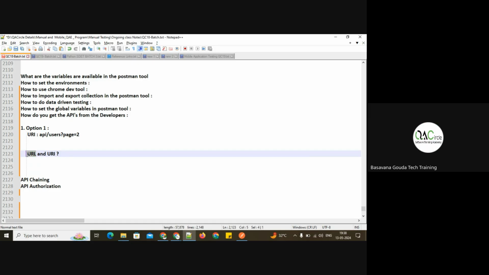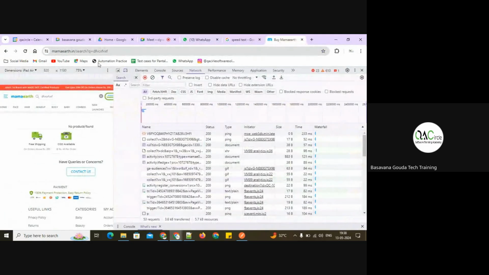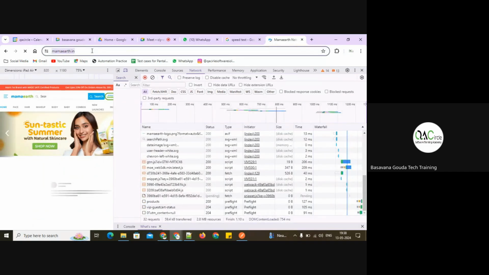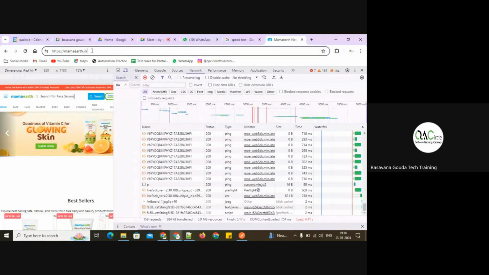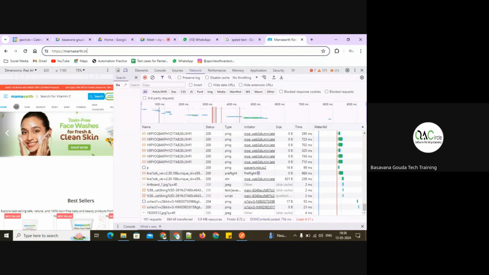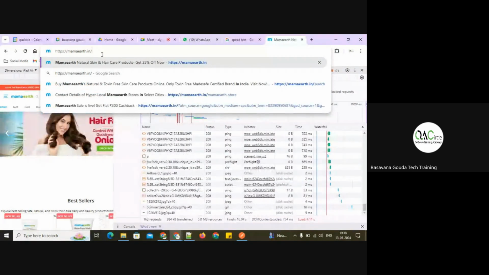URL means endpoint. So this is an application, say mamaearth.com.in. This is the URL. Through this URL, I want to access the face section. Under that, multiple options will be there. So I will go here and put a slash, and inside that, look here,